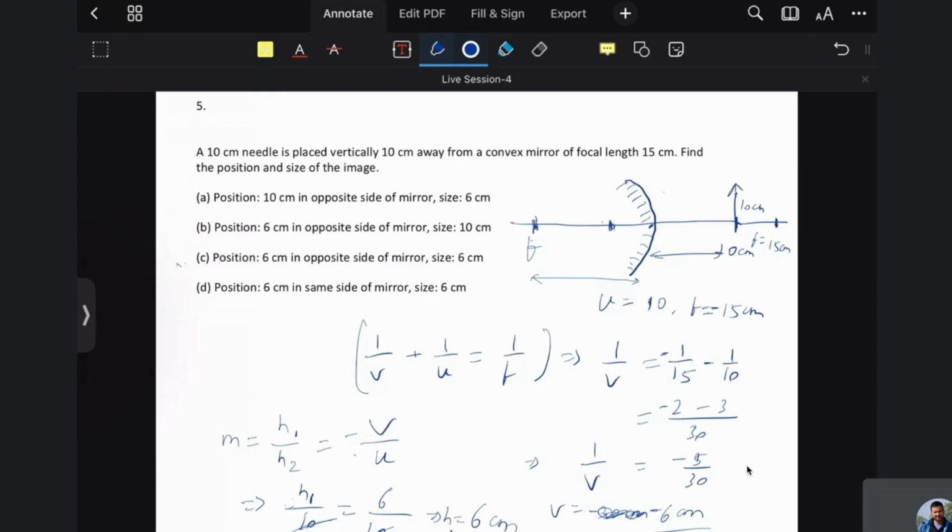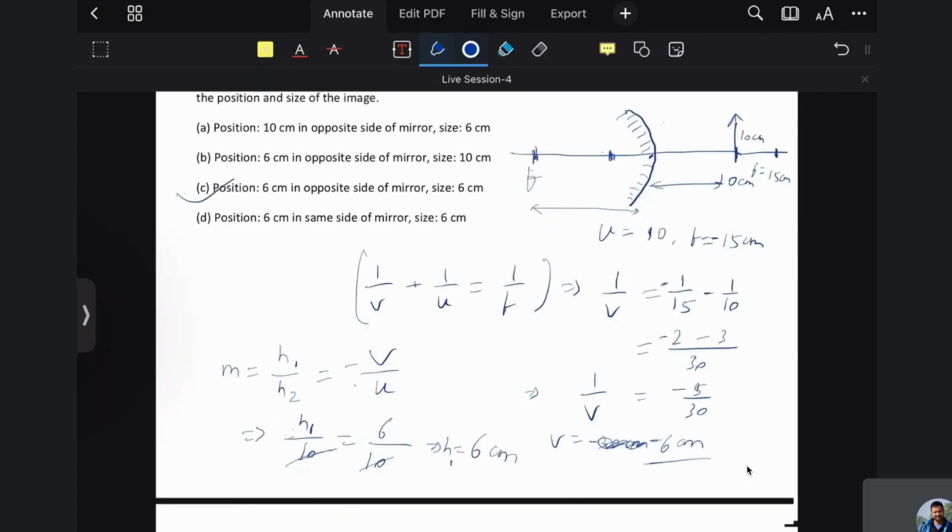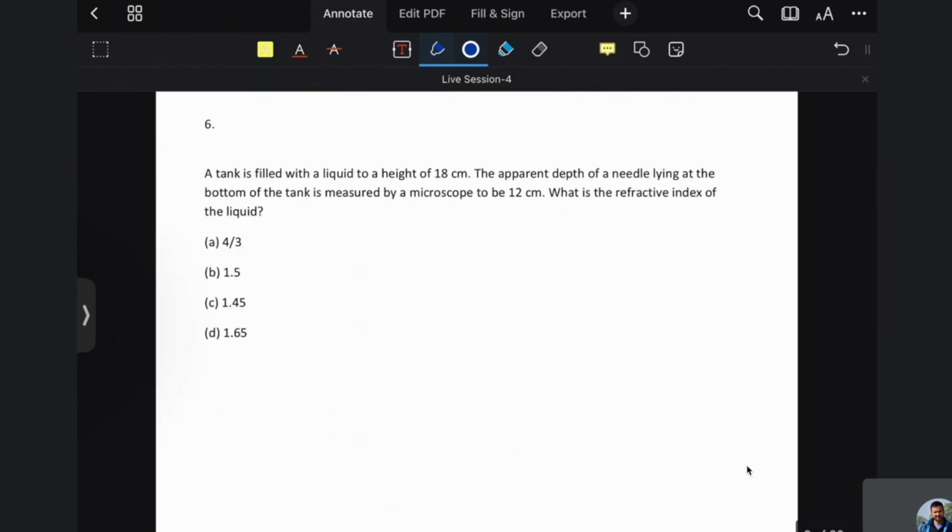So yeah, this C option is correct. Okay. Okay, sir. Okay, this is also a simple problem. Then the sixth problem we have. So the problem says